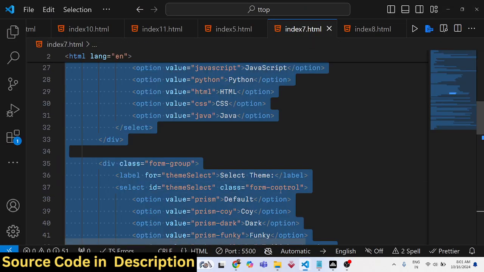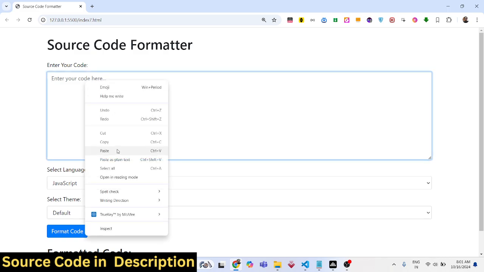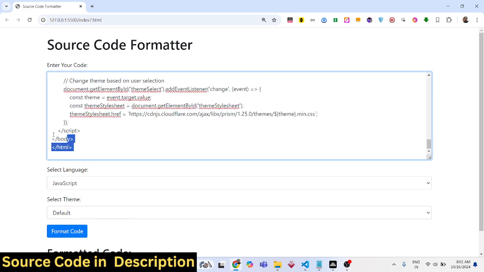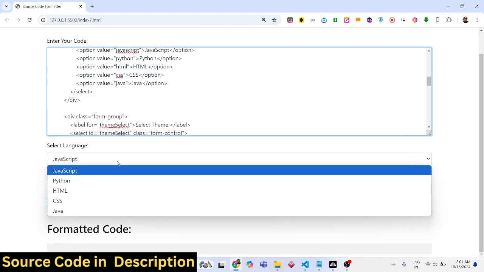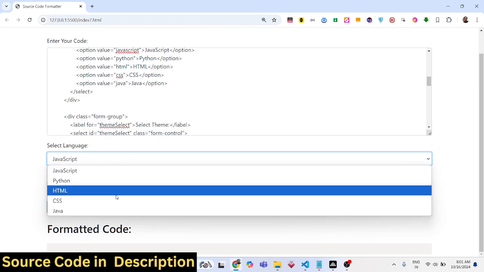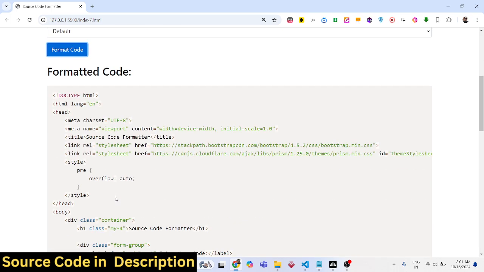So if you have a source code that you want to highlight, we have this application right here. We have a text area. We'll simply copy paste the source code that we want to highlight. Then we will select the language here. You can have more languages here. Prism supports unlimited number of languages. So this is HTML code. So we will select the HTML language from the drop down and click on the format code button, and you will